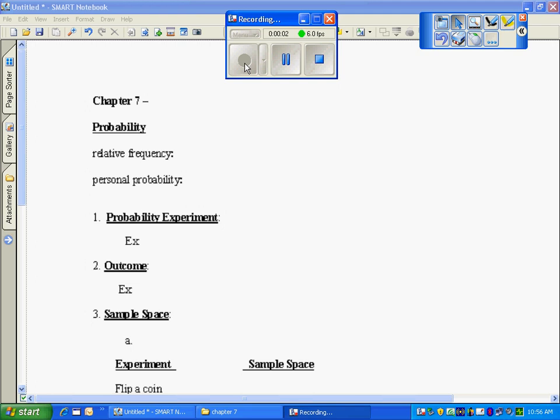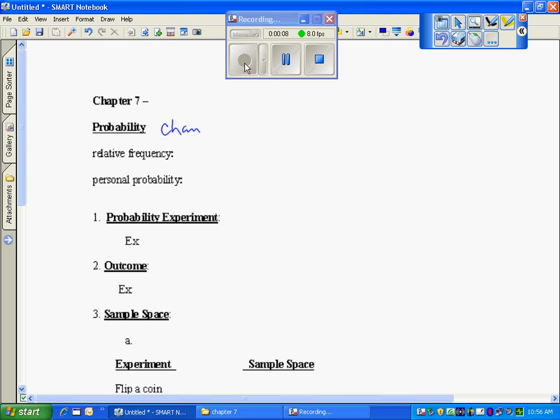Chapter 7 deals with the concept of probability. And when we have probability, that's kind of our chance. And we need to just address it somewhat in statistics, because what we're looking at in statistics is a sample. Remember, sample measures are called statistics. And what happens is that's going to produce some uncertainty